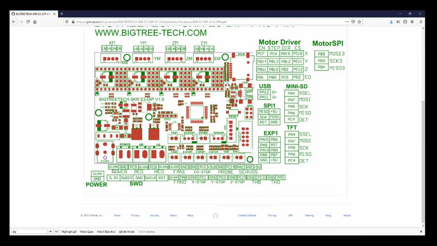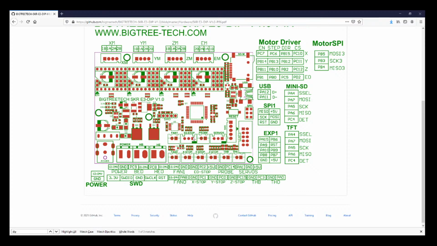So it may have a different power source, or I don't know why they did that, but it doesn't make a lot of sense without the manual. Then we know where our fan is for fan 0. Fan 0 has an actual pin associated with it, so that means that we can control that fan with software. Then the other one says 12 or 24 volts and ground. So we know that this right here is direct power for the fan of either 12 or 24 volts based on our input voltage. Then we have our end stop